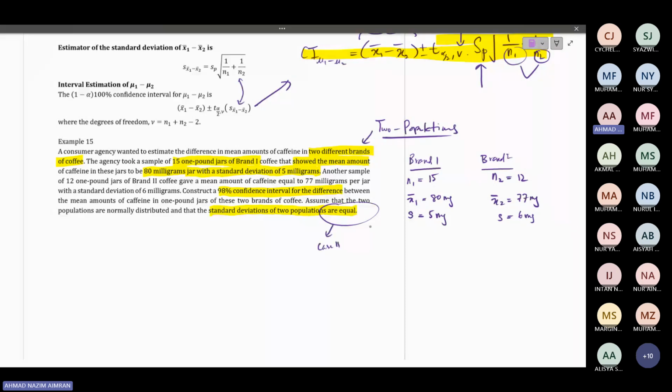Case number 2 or case number 3. Let's say in the final exam there is no last sentence. It doesn't tell you whether the two populations are equal or unequal. In that case, it is better for you to just keep it to yourself. Whenever you identify that there's a problem with the question, you just keep it to yourself. Don't ask the EVG later, because